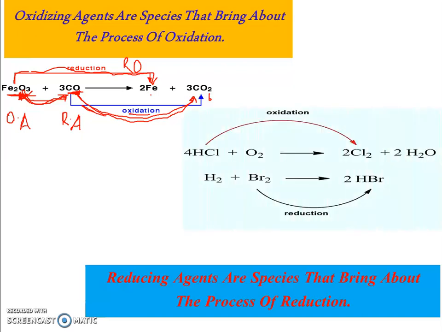Now this is another example and we have two equations there, but I'm just going to pick one. And I'm going to pick the first one. Now in this first one, what do we have here? We have hydrogen chloride or hydrochloric acid, if you want to use that word, if you know the states of the substance. Now it is reacting with oxygen. And now we can define this process